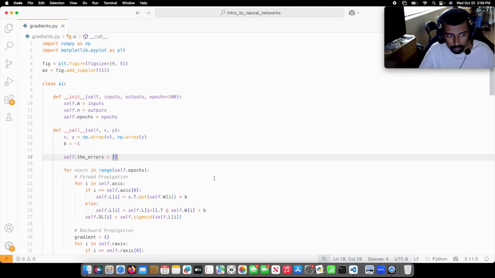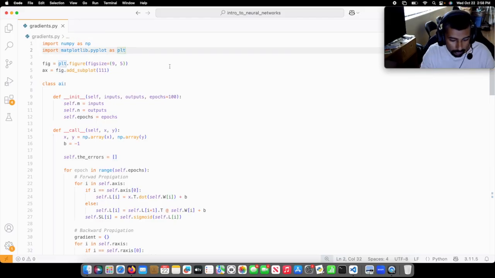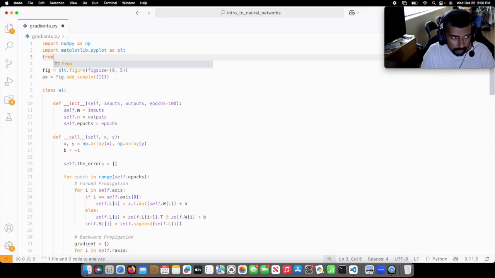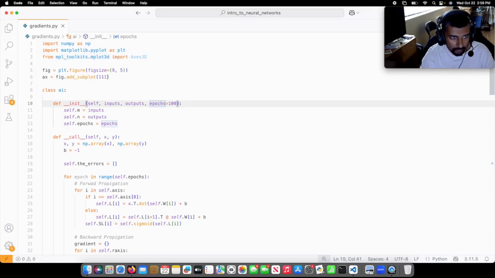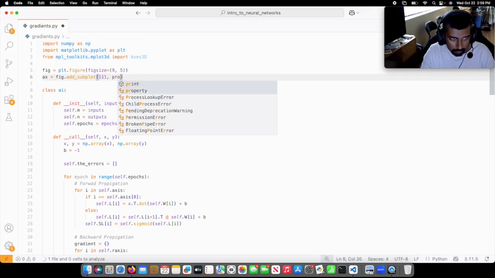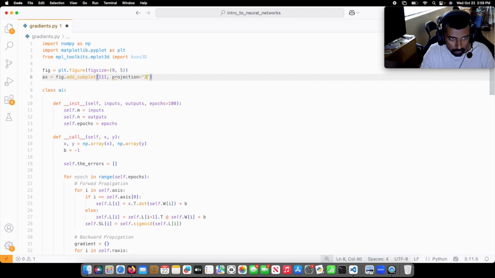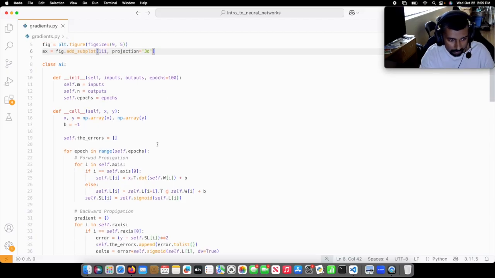So in today's video, I'm going to be visualizing the gradients as the neural network trains. So let me come over here and import axes 3D so I can have a 3D chart. From mpl_toolkits.mplot3d import Axes3D. So I will come over here and this will turn into projection equals 3D. So now that I have that,